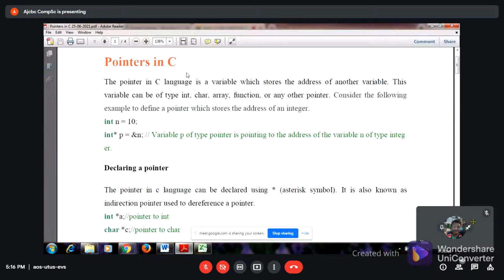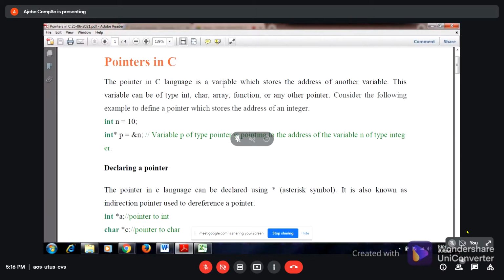So we will start with pointers in C. This is a very important topic in C programming. So a pointer in C language is a variable which stores the address of another variable. Always remember, a pointer in C programming language is a variable which stores the address of